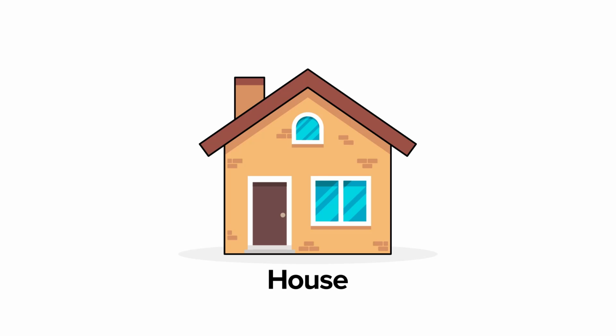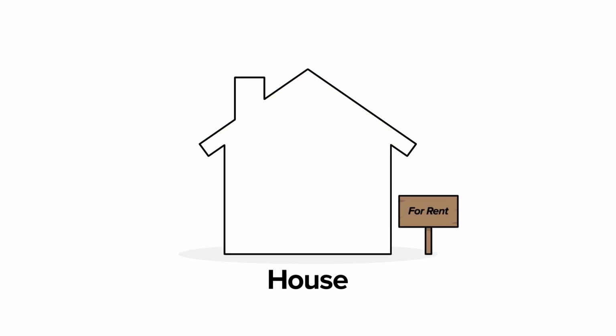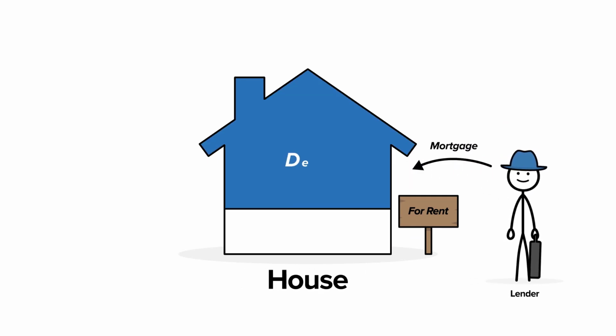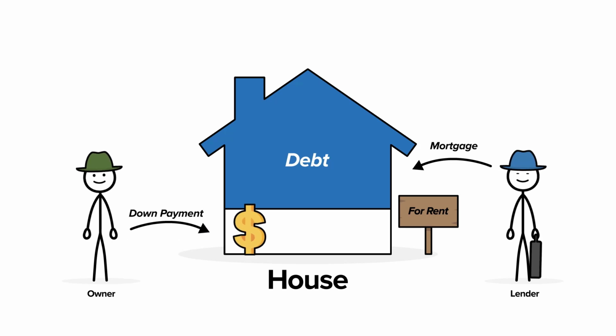Let's jump in. Let's start with a house, which is actually a business in disguise. Let's imagine we're going to buy a house and rent it out. Voila! The house is now a business. To buy a typical house, we're going to borrow some of the money from a lender to pay for the house with a mortgage, usually for about 80% of the purchase price. We'll then fund the remainder with a down payment. That down payment reflects our ownership, aka equity, in the property.